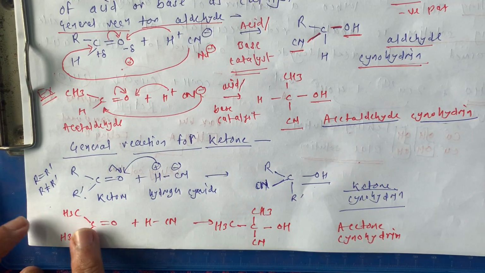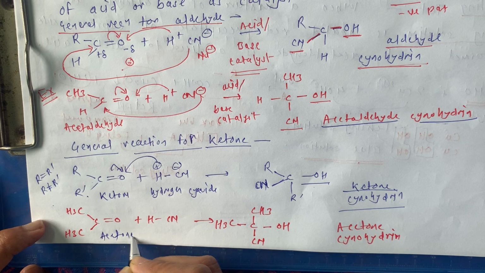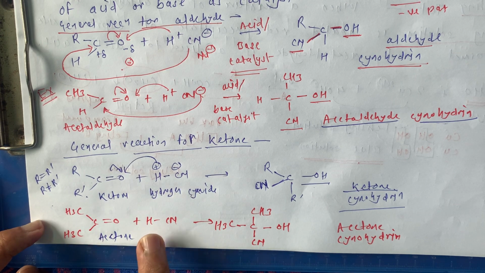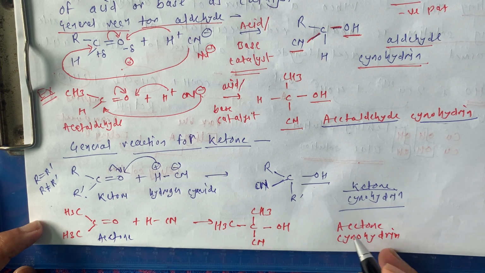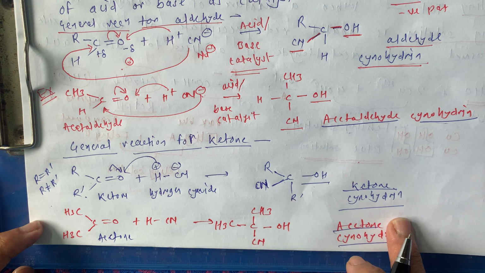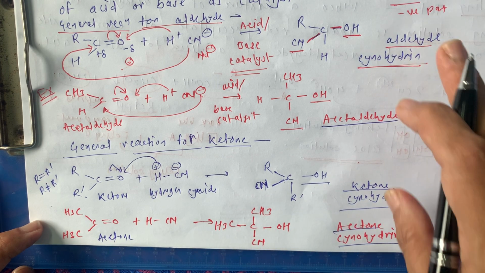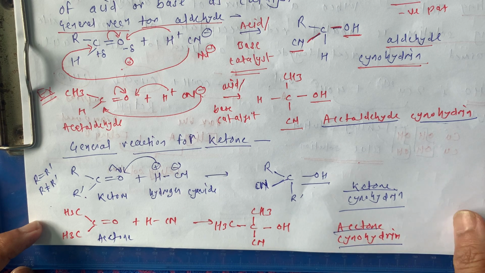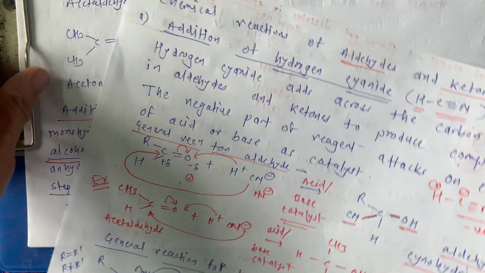Now if R and R dash are the same, then this is our acetone. Then again the same type of reaction, and there is formation of acetone cyanohydrin. This is aldehyde cyanohydrin, while this one is acetone cyanohydrin. Okay. Now next